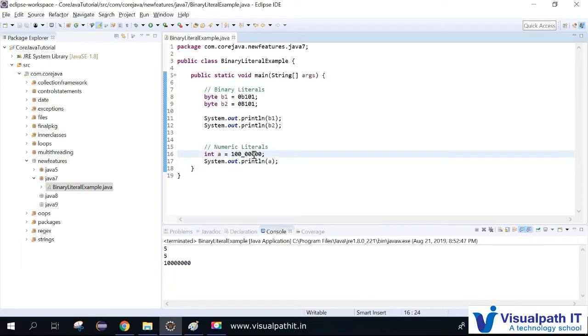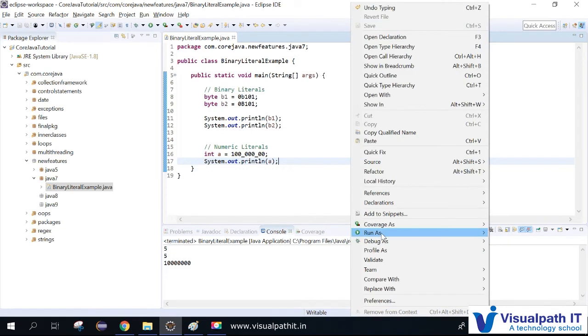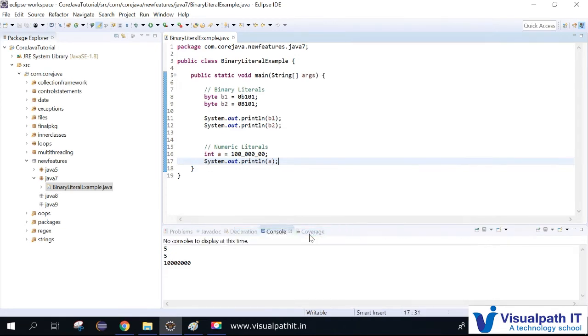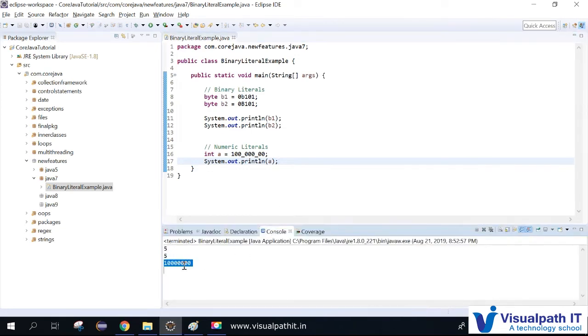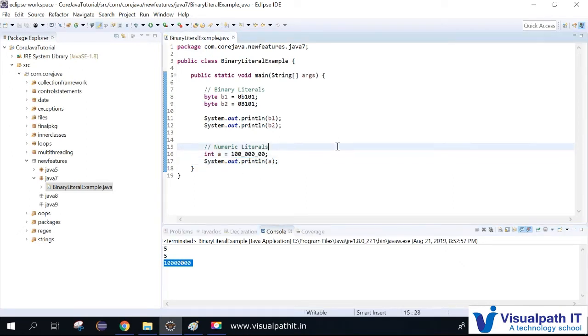You can use n number of literals in between the digits, however many digits you are using. You write that for the readability of the programmer, and the value will not differ, it will be the same. So these are interesting ones. You can use n number of numeric literals in between the digits, and not only for integers, we can use it for float values also. We can see it now.